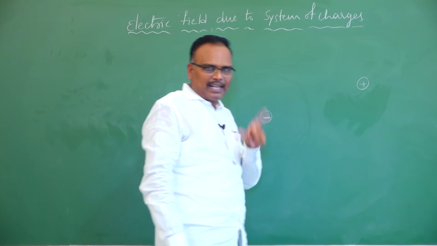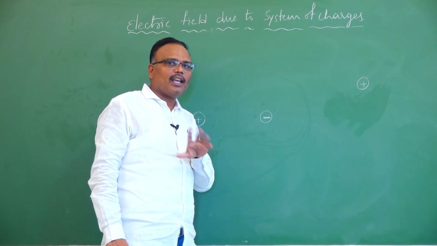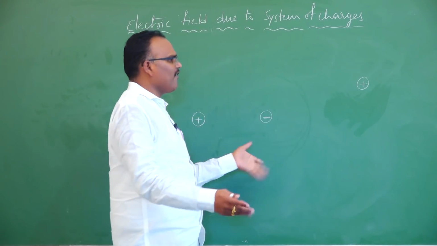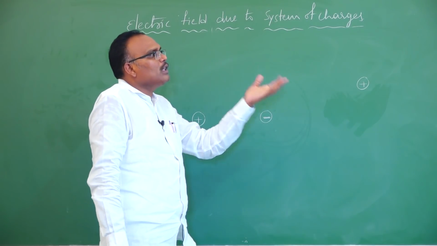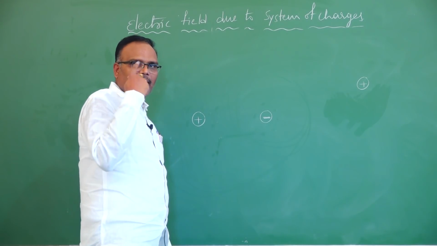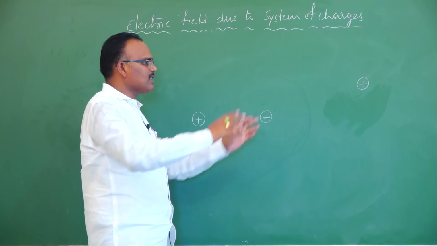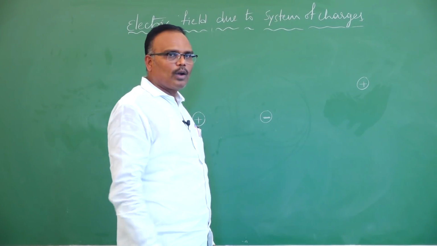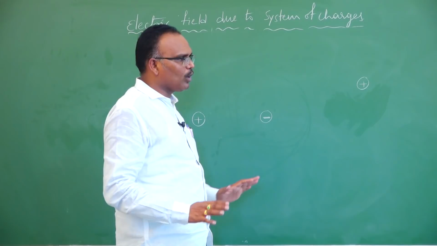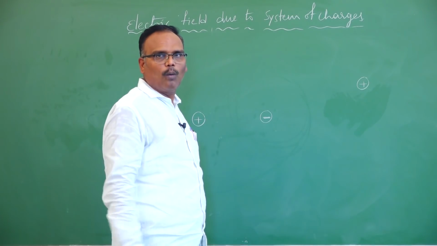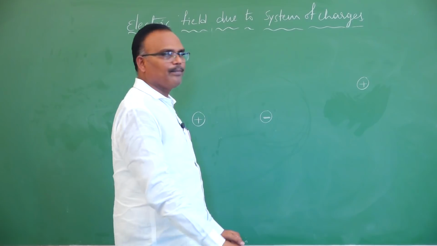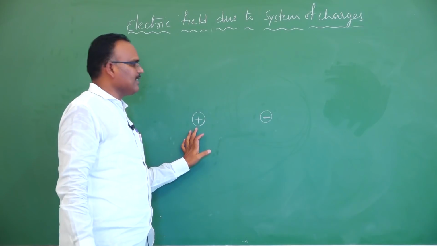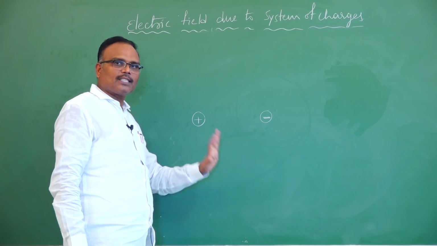Don't misinterpret. Interaction is not intersection. Understand this, it is important. Interaction is different. I can interact with people with my eye signal without having any physical contact. I can send signals. Interaction means don't think they are physically intersecting. No, intersection is completely different. So, the interaction of electric fields of these two charges causes force.